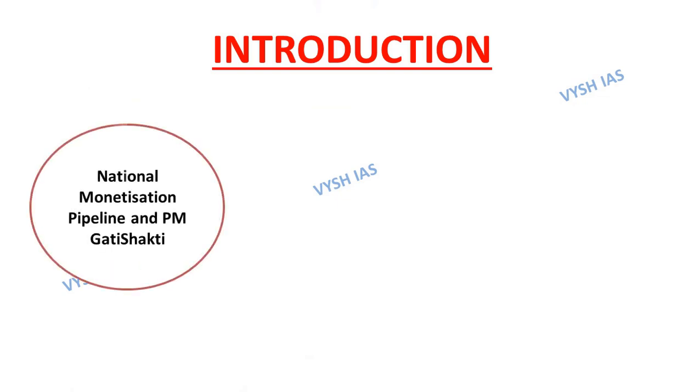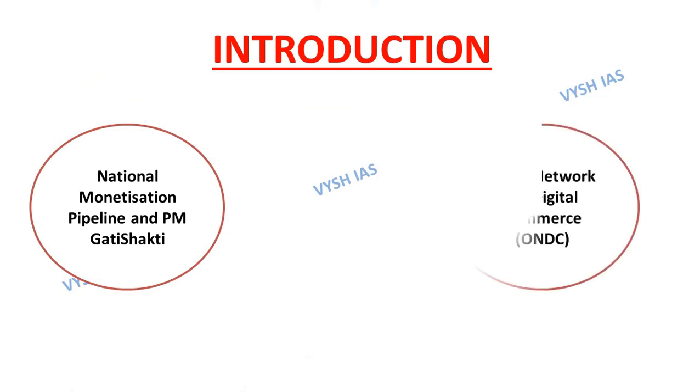So let's begin. First we will deal with the introductory part. The funding for infrastructure comes from a variety of sources, from the government to the private sector to multilaterals. For this, the Government of India has launched the National Monetization Pipeline and PM Gati Shakti. The launch of the Open Network for Digital Commerce will transform how consumers and businesses interact with each other. In the context of unique challenges, which only a country with a billion people can face, India's infrastructure journey has been global in outlook but domestic in innovation and implementation.